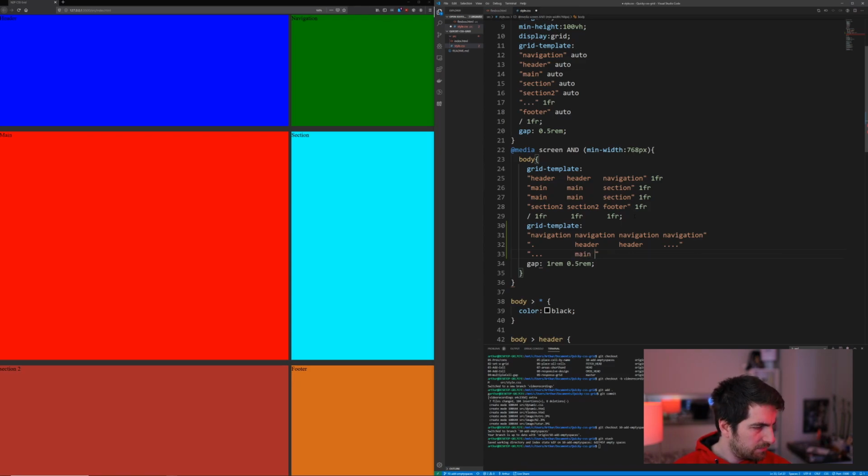There will go the main section. Main, here we go. Then will come first section, second section. Yes, something like this. Then we'll have, let's say, an empty row that will just act as a buffer. There you go. It's not really aligned well, but you understand the principle. Footer,